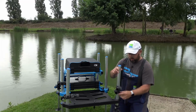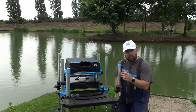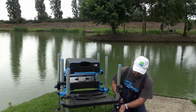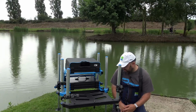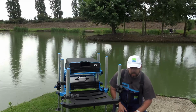So you've got your normal leg, which obviously moves up and down as you would, and then you can tighten that with the screw caps, which are really strong. But what we want to look at, I'm just going to spin that, is the pin system, and this is what gives it an added extra in my opinion. There's nothing out on the market that's like this, and it's literally just push the pin and outsides the leg,